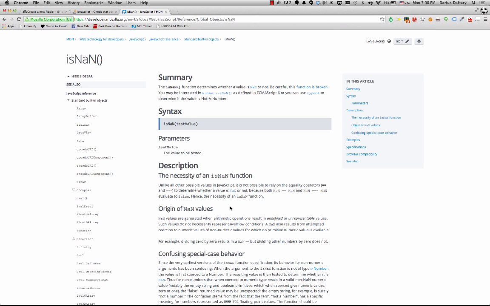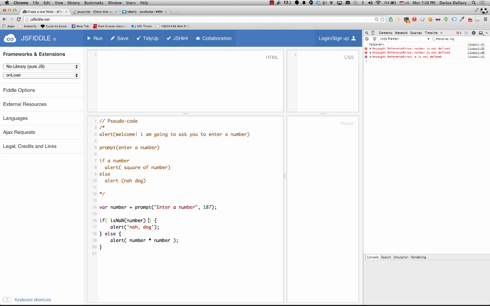It's not possible to rely on the equality operators to determine whether a value is NaN. Like, the answer to your question is basically just because. You know what I mean? Yeah, you should be able to do that. I guess the question being asked here is, why can't we just do that, although in this case it'd be not equals, right? Not equals. You guys get that? Okay. Why doesn't that work, right? That should work. If the number is not equal to not a number,